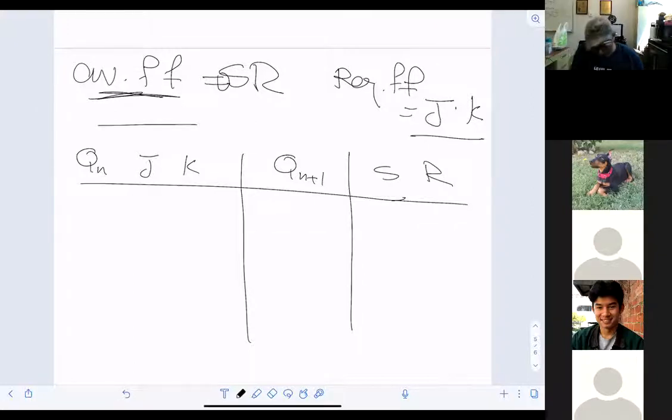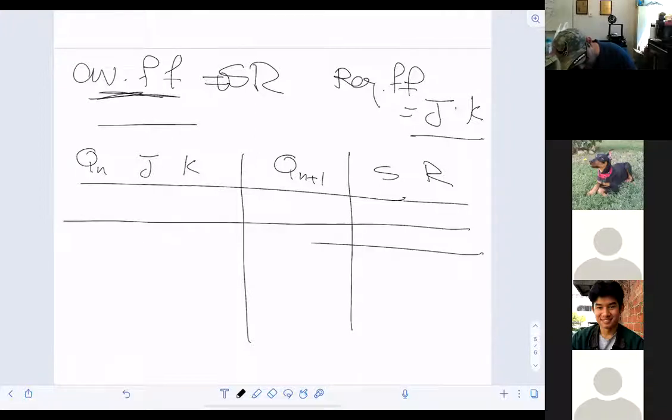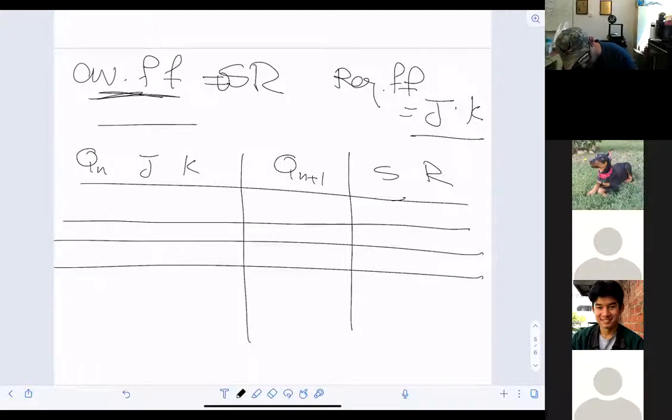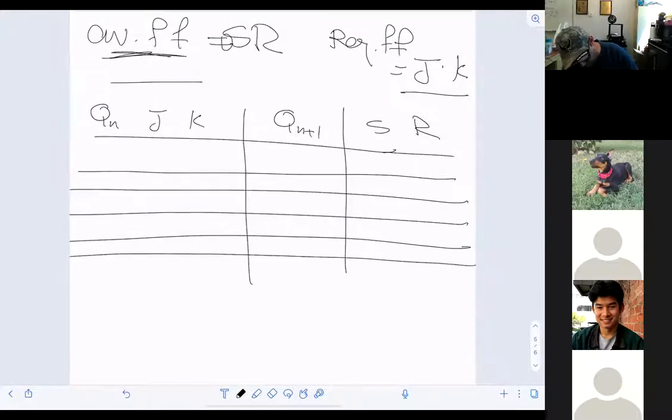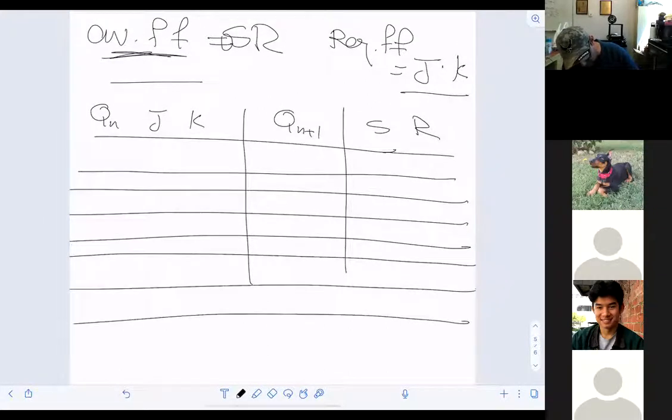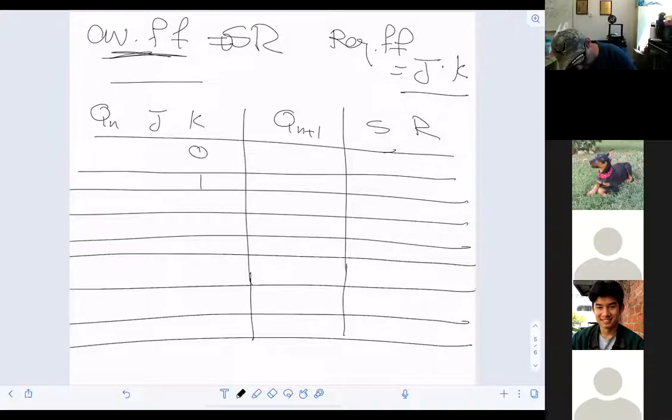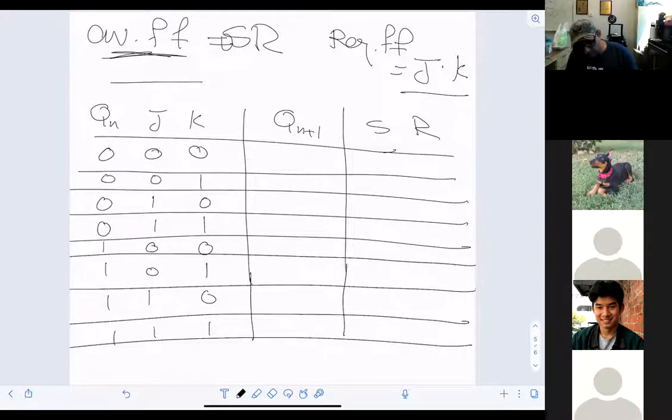Then I will go like this, with 8 rows, and then when you start filling this based on the information we know about JK,